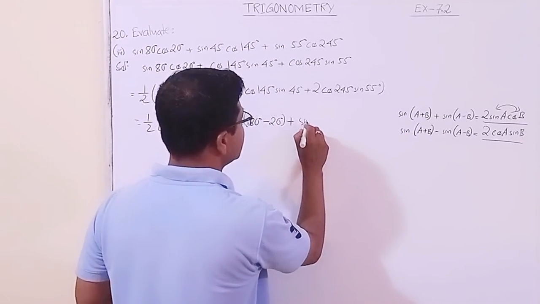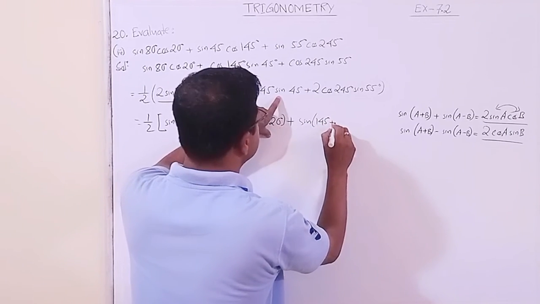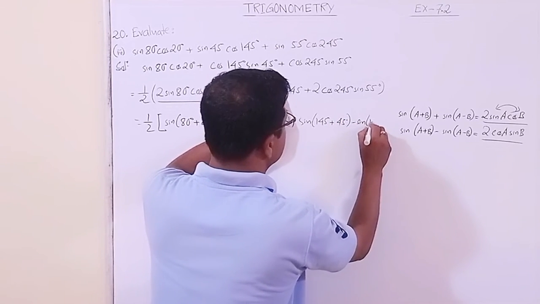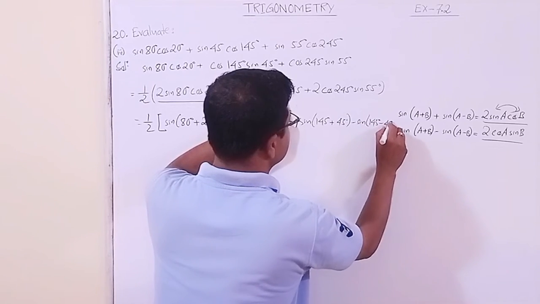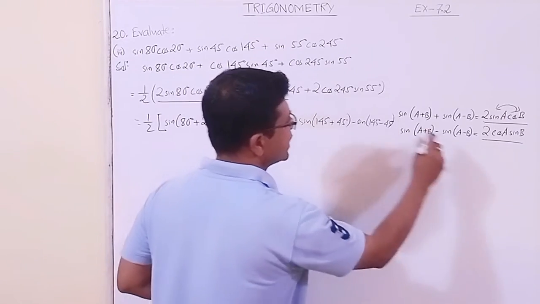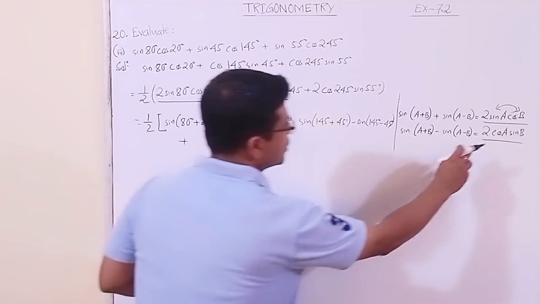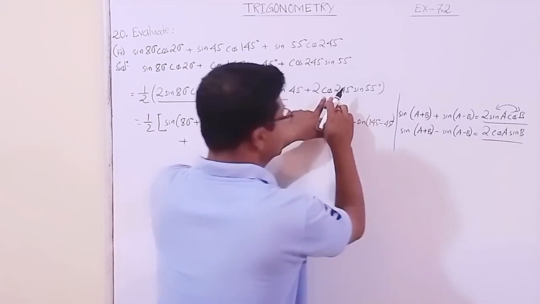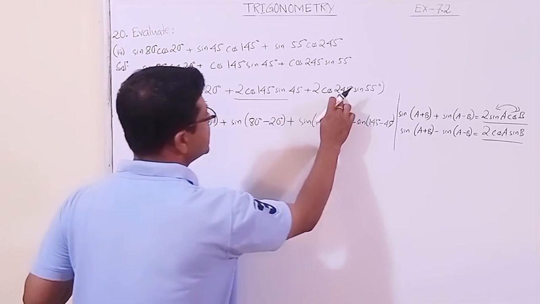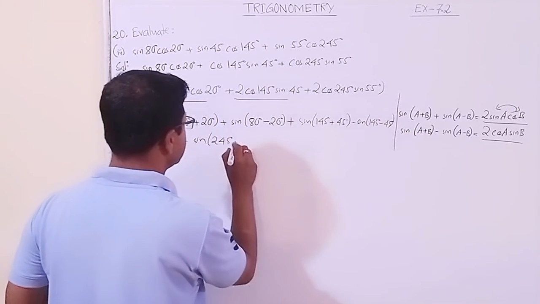So this is sine(a plus b), 145 degree plus 45 degree, then minus sine of (a minus b), 145 minus 45. Okay, this is done. Then again the same formula, at first cos then sine, that means this formula plus twice cos a sine b. So it is sine of (a plus b) at first, sine a, what is a here? 245, a plus b 55